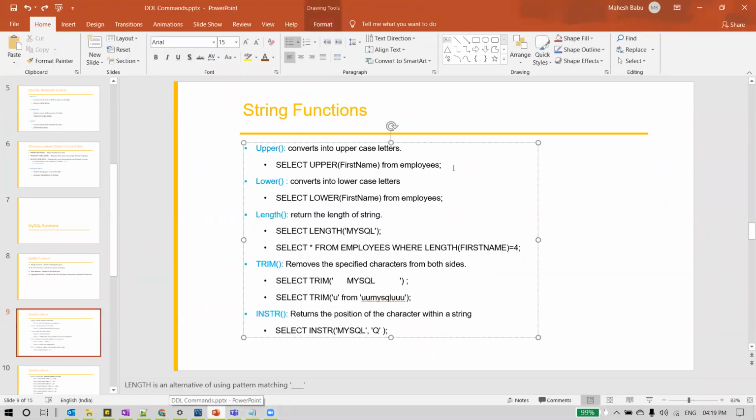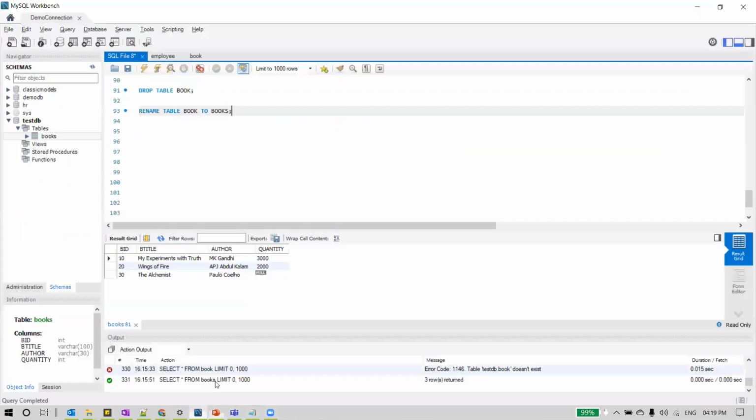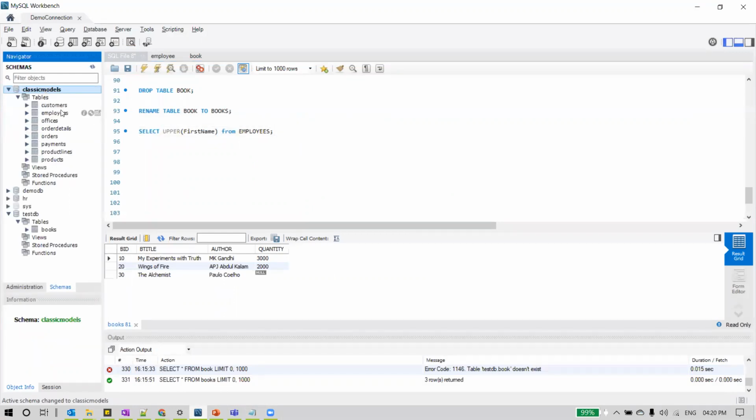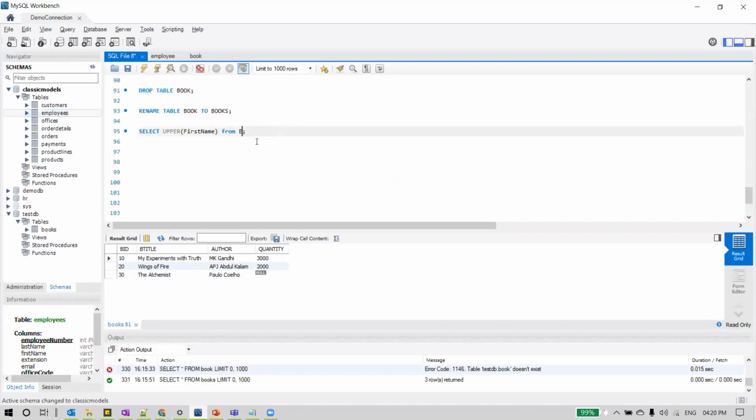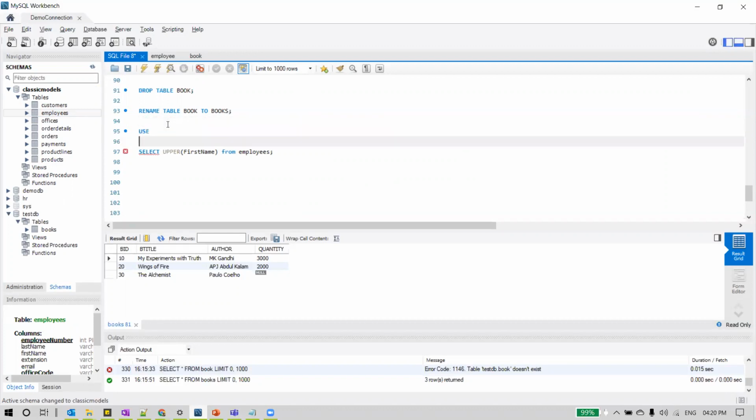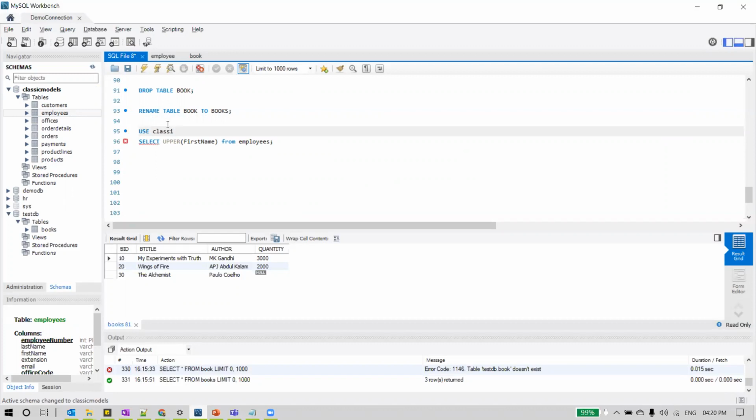So let us use this function now. We are going to execute it from the employees table. We don't have the employees table in TestDB; we have it in classicmodels, if you observe. So we'll change the context to the classicmodels schema. Use classicmodels is what I'm saying, as the employees table is inside the classicmodels schema.